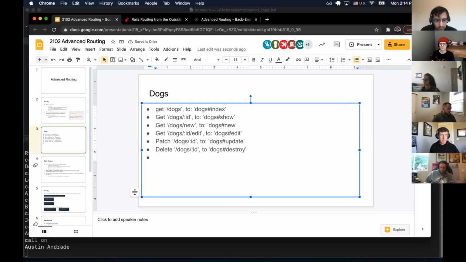So create is, I think the verb is post. Yep. Awesome. And then I think it's dogs/ID to dogs#create. And this will be the dogs controller. Cool. Yep. Thank you. The only thing I have to add to that or change a little bit is that